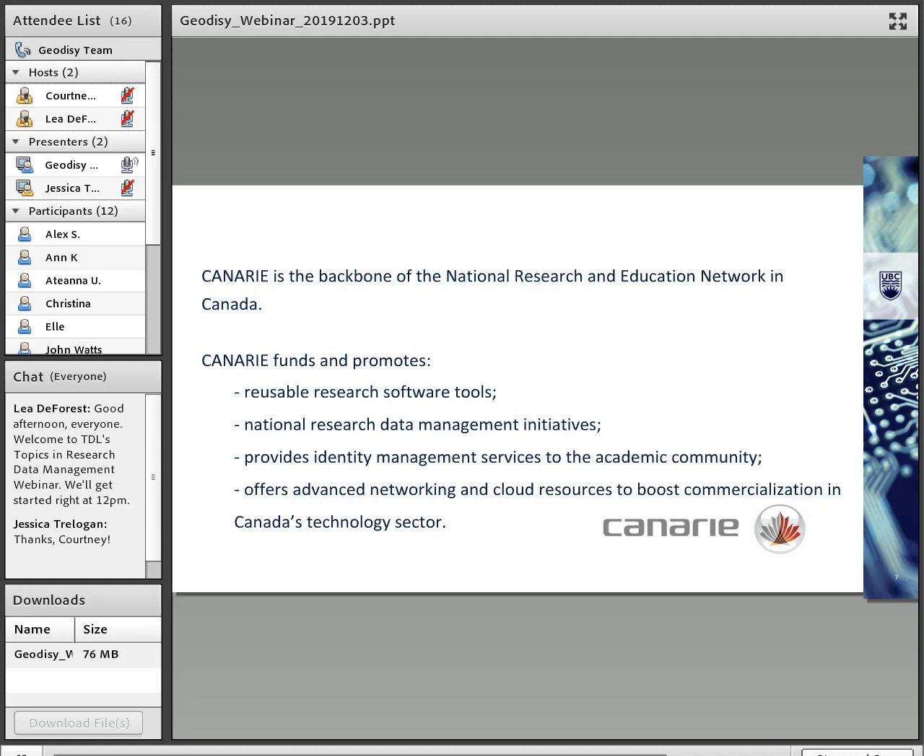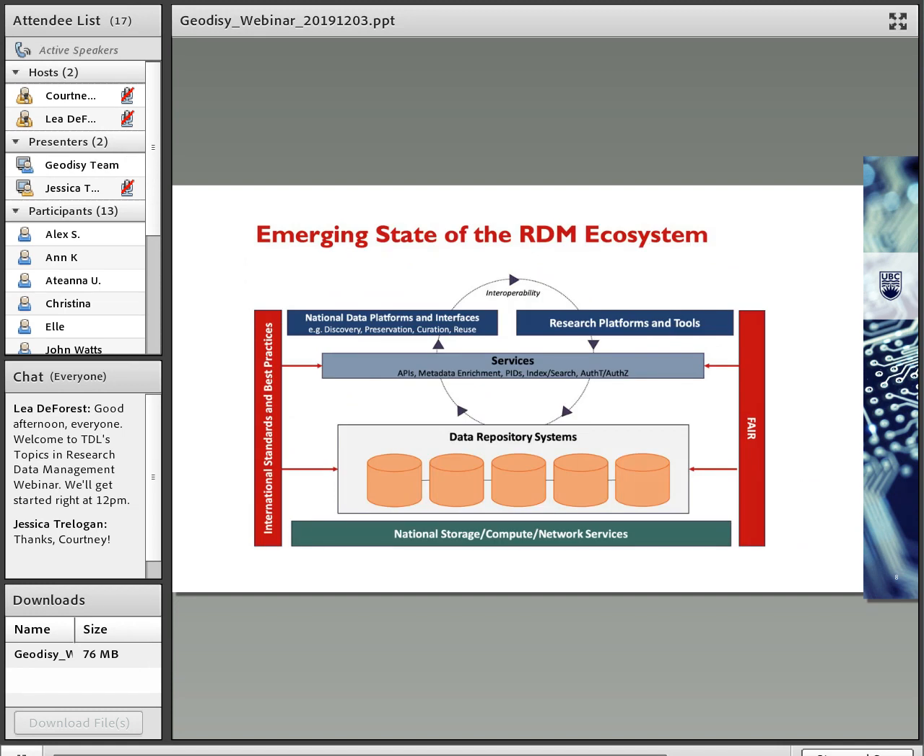They also fund some national research data initiatives, like the National Summit for Research Data that some of you have attended, and they also provide the identity management. So if you go to use Eduroam in any kind of institution, Canarie is the institution that supports it. And they also provide some cloud resources, and networking for the technology sector. So since they do provide some funding opportunities,